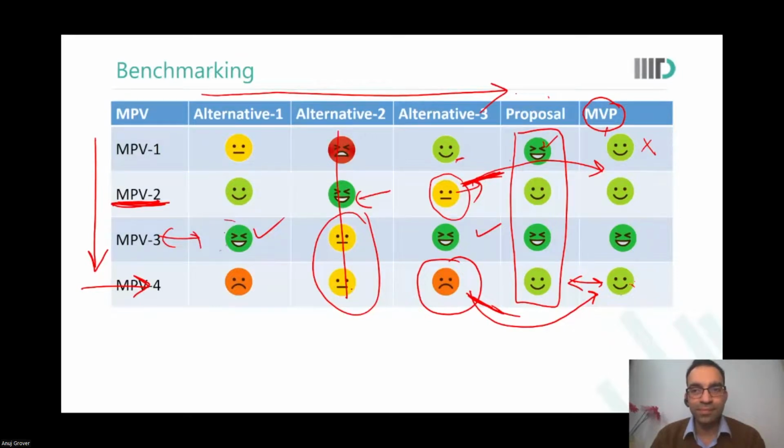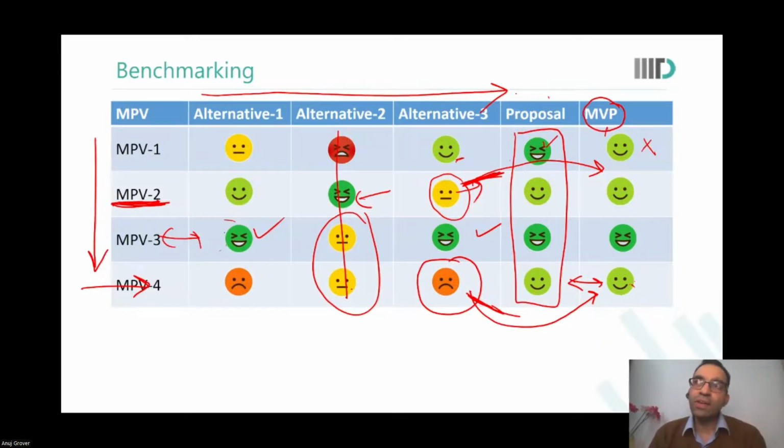I also have a question. Since we have not yet gone into the solutions phase, can we just think of alternatives? I mean, without the proposal column, can we try to identify all the MPVs and